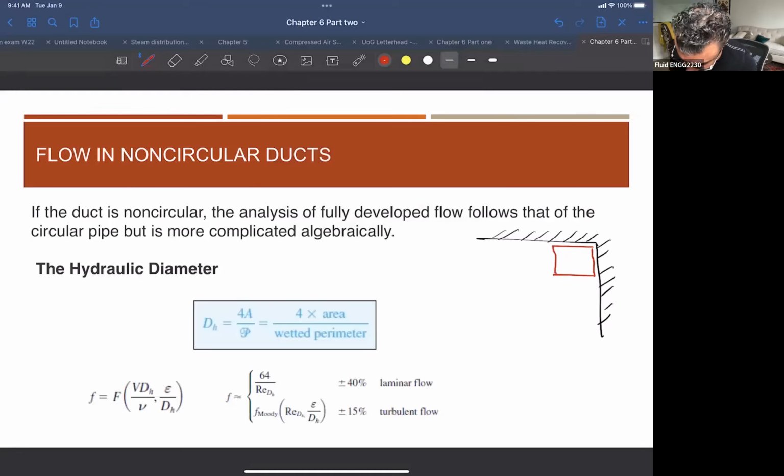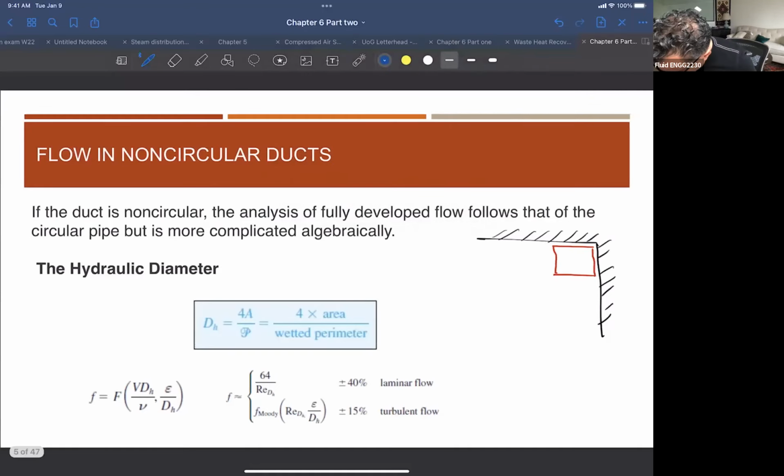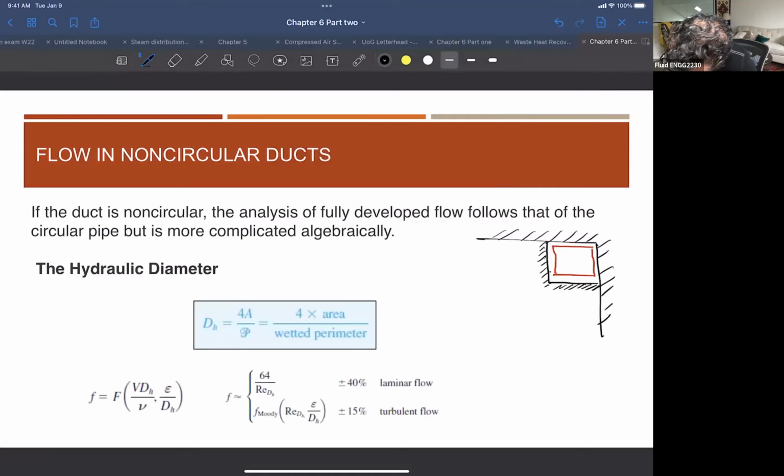Because when you build, imagine this is the space you have available. Let's assume this is the space you have, right? So now you have an option between a duct like a rectangle like this, or